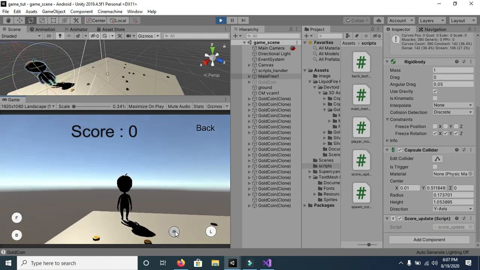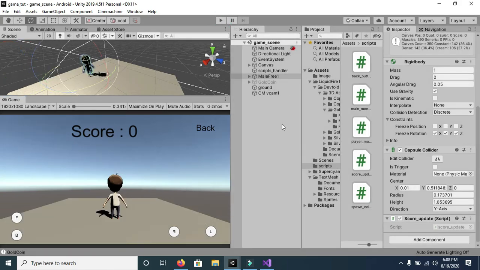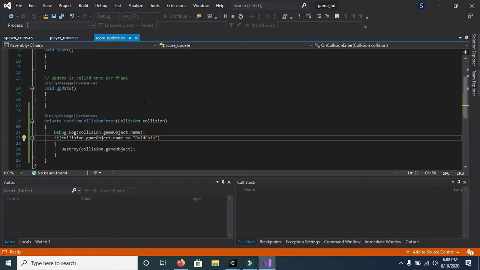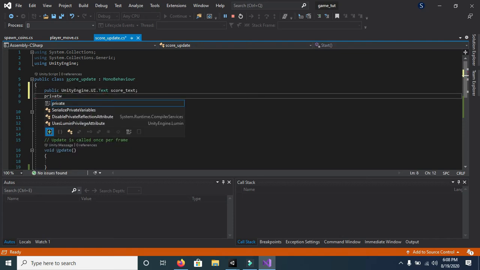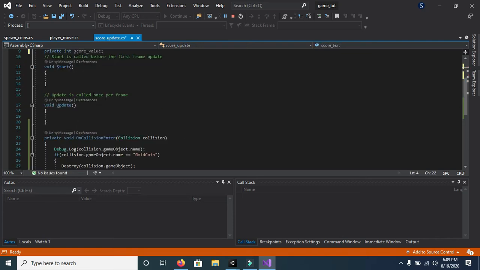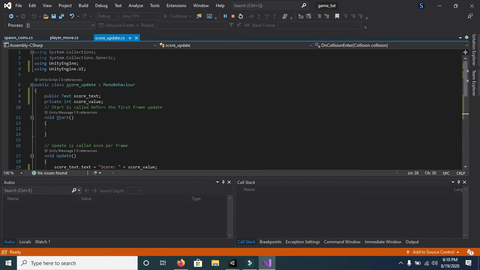So what we want now is to update the score whenever the player collides with the gold coin. So we have to make changes in this code. What we have done is we are using two variables over here.